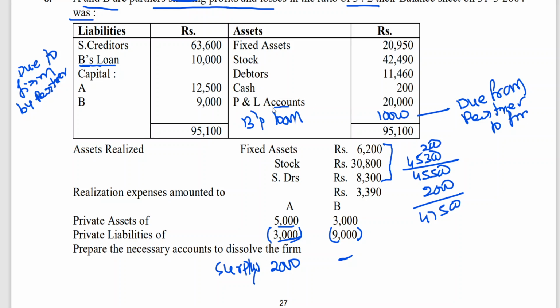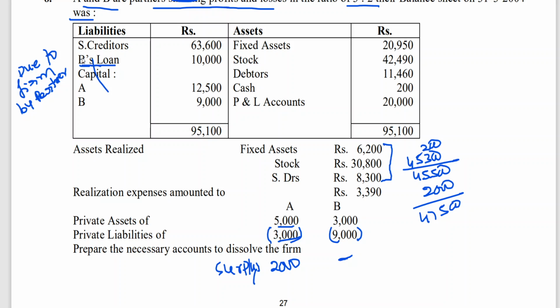Normally, this you know that we have already learned. This will be transferred to where? Balance sheet, partner's capital account, debit side. But this amount, for the first time, we are seeing that this will be transferred to which account? Generally, we won't transfer to partner's capital account. It will be transferred to cash account. But since all partners have become insolvent, B's loan will be transferred to which account? Partner's capital account. So what is the entry now? B's loan is showing credit balance. Now to close that, entry will be writing is B's loan to B's capital.